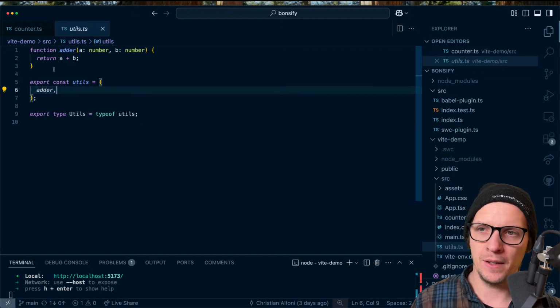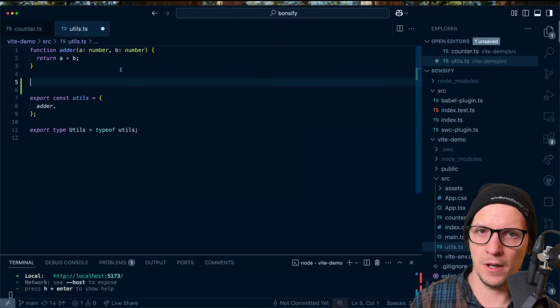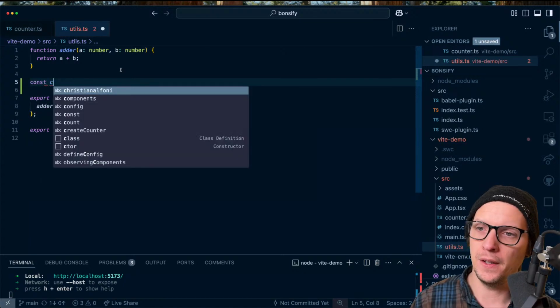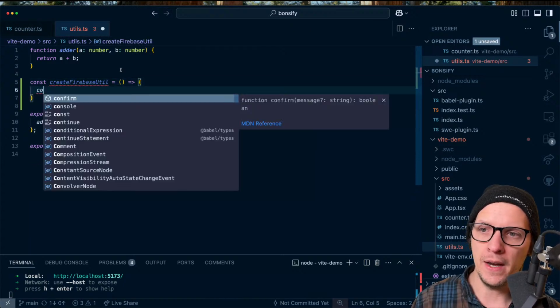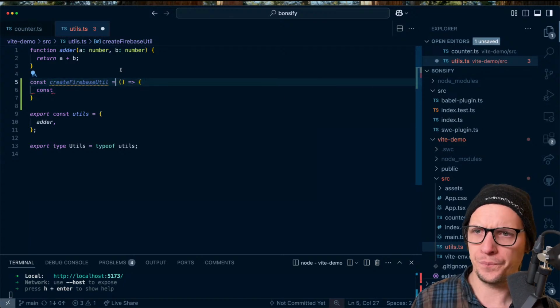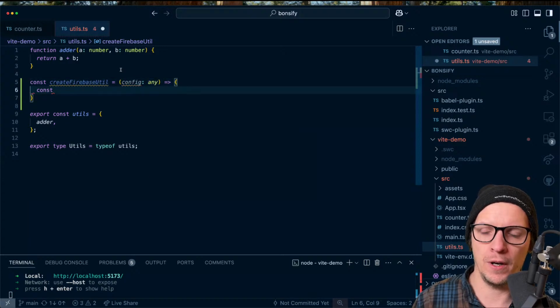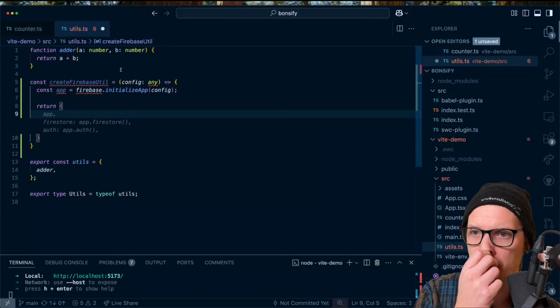So again, you can imagine, we're gonna run with this Firebase thing. What you might have done here is, I will put this in its own file, but you would do create Firebase util, for example. And then here you would maybe have the config for Firebase, and then you would say app, okay, initialize app config, and then you would return a specific API